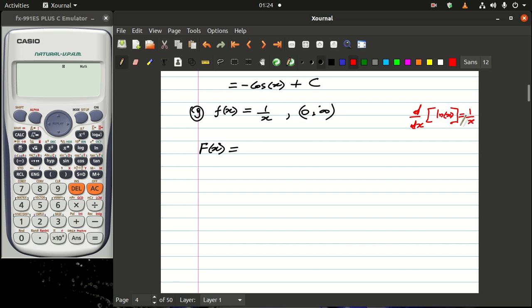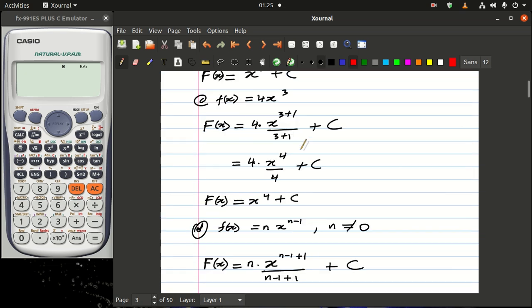That's what we know from derivatives. So the antiderivative of this, or the particular antiderivative of this, is supposed to be ln of x. So we'll end up having ln of x, or the natural log of x, plus some constant. That is actually what we're supposed to end up getting in this particular case. So these are some of the examples that we actually end up taking in this particular